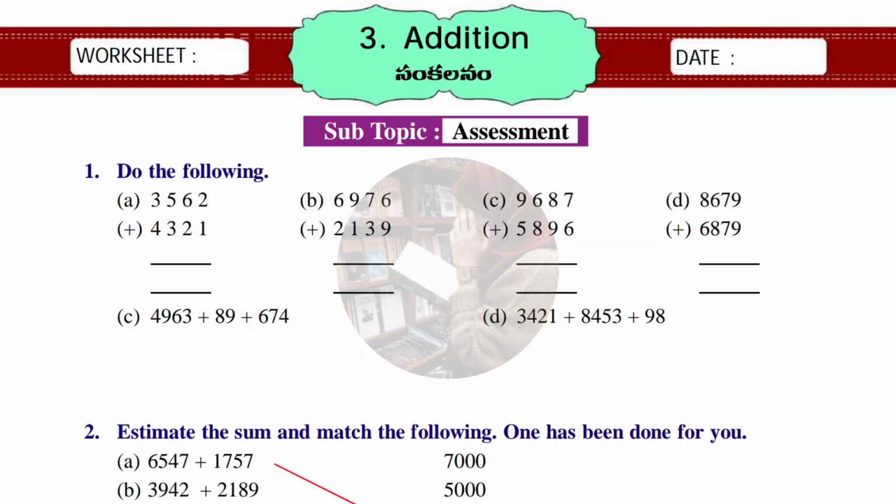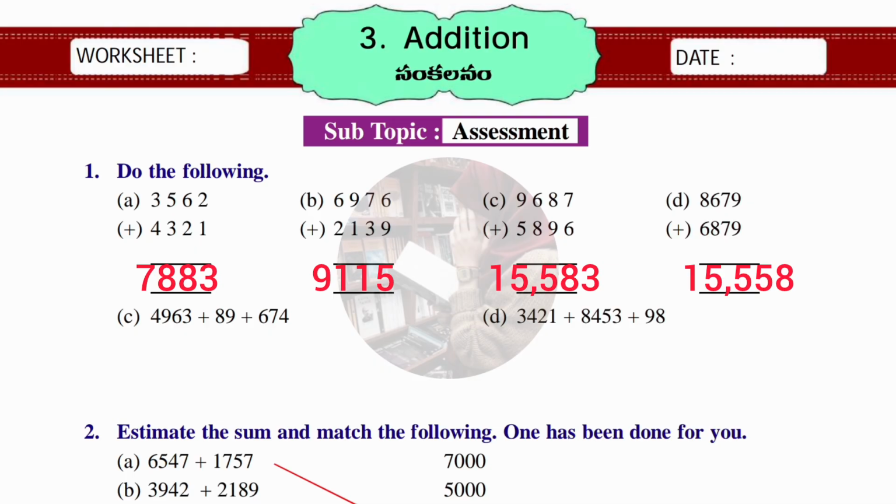Okay, so let's see. In the first one, we have given, do the following. Here we have given some numbers which we need to add for each and every one. Let's see. 3562 plus 4321 is equal to 7883. Next one. 6976 plus 2179 is equal to 9115. Next,